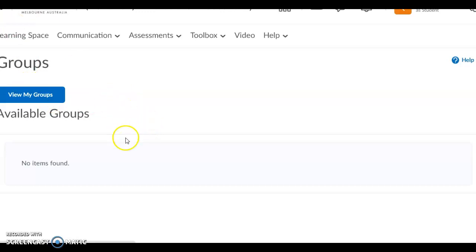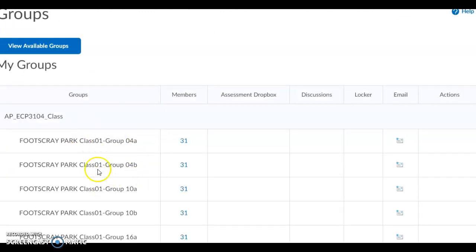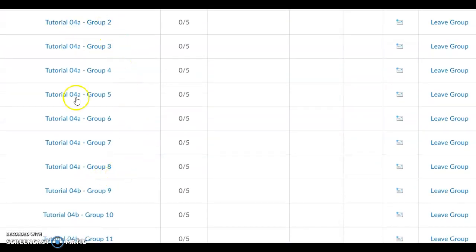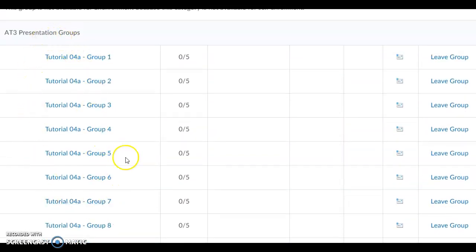and my one, because I am the tutor, looks slightly different to yours. You will scroll down to all of the groups here. Okay, AT3 presentation groups, and you need to find the tutorial that aligns with your specific enrolled class. If you're unsure of your tutorial number, check your timetable for its label or ask your tutor. You need to choose whichever group you are assigned to, and your tutor will assign this to you in the